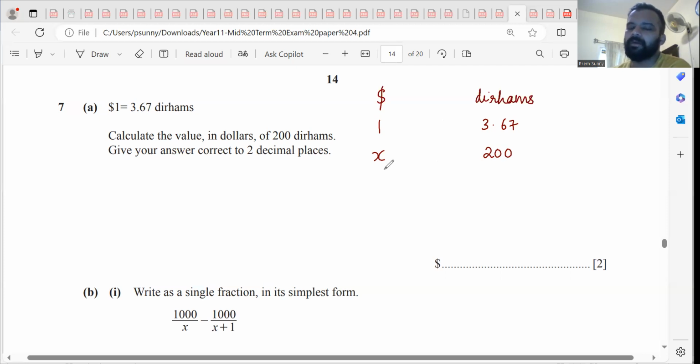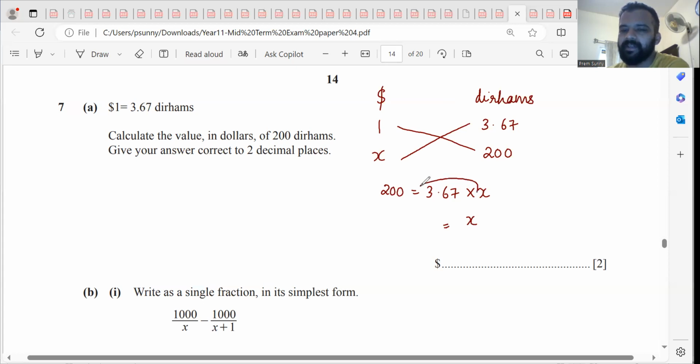In currency conversion, always you need to go for cross multiplication. The reason is that when one quantity increases, the other also increases. We say that it is directly proportional. In direct variation, we always cross multiply them. So when we cross multiply here, 1 into 200 is 200 and 3.67 times x is 3.67x. So 3.67 goes to the left hand side, it becomes division. So 200 divided by 3.67